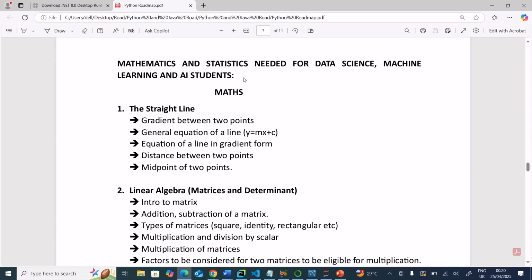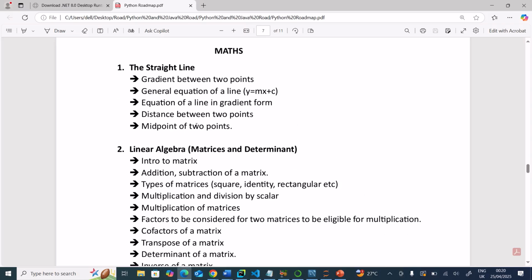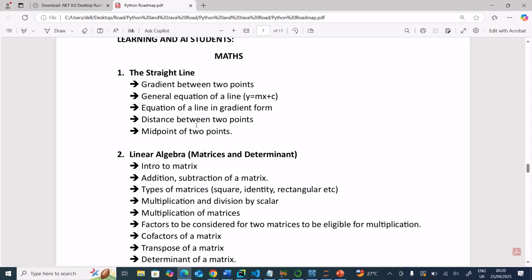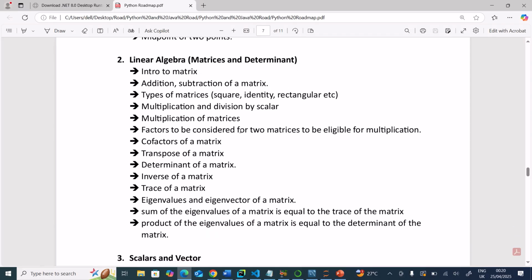Also, for anybody that wants to go for data science, machine learning, and AI, all this mathematics and statistics is very important. So the maths topics, straight line, etc., provided that those students have already gotten some idea on, let's say, linear equations, simple simultaneous equations, quadratics, indices, and logarithms. Although in my channel, as we all know, we talk about mathematics, Python, and Java. So in my channel, I still have some mathematics concepts, so you can go through them, check them, and refresh.